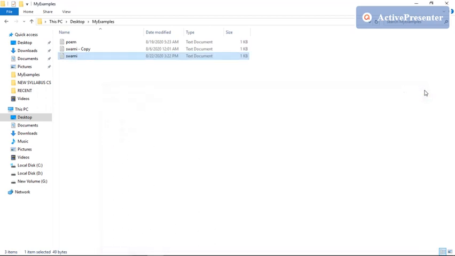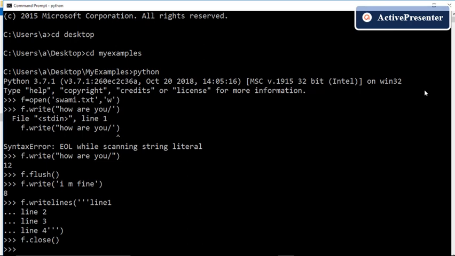So this is all about the W mode, and in W mode, that is in write only mode, if I supply a new file name, means there is no such file in the folder My Examples, and if I give a fresh new name and no such file already exists in the folder, then let us see what happens. I am giving new file .txt, then w mode.